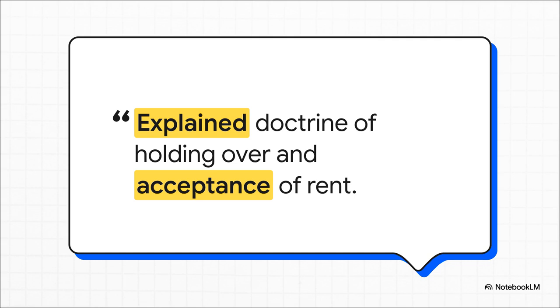Let's expand on exactly why this is relevant. The brief background of this landmark case involves a tenant whose lease had expired, yet they continued to tender rent. The landlord received this money, but claimed it was merely damages for use and occupation, not rent to create a new lease. The Supreme Court's ratio decidendi here was profound. Mere acceptance of rent is not, by itself, absolute proof of assent. The court held that to establish holding over under Section 116, there must be a clear, bilateral intention on the part of the landlord to create a fresh tenancy. The relevance of this case is absolute. It teaches you that acceptance of rent in the bare act implies a conscious, mutual consent, not just the mechanical